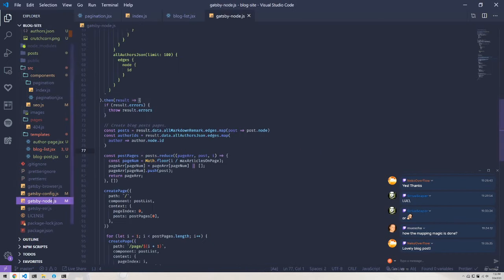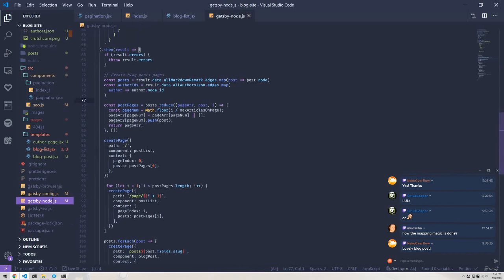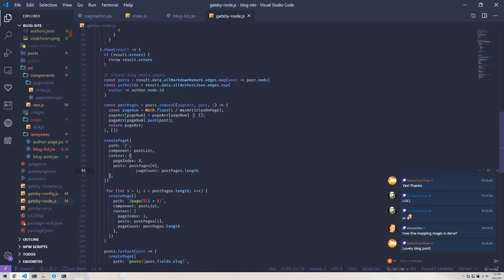Let's see here. In our node, we're passing posts. We need to pass page count as well. We'll pass the posts for that page, the page index, and the total page count. So now,